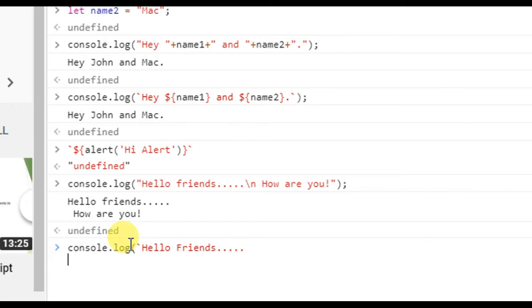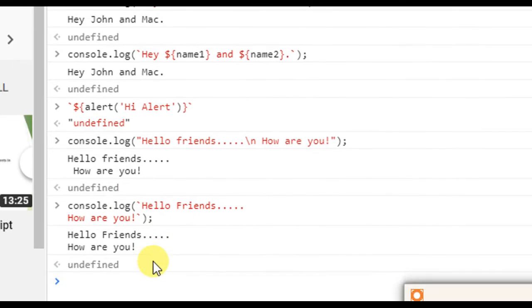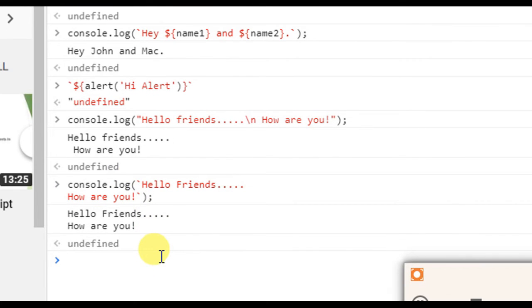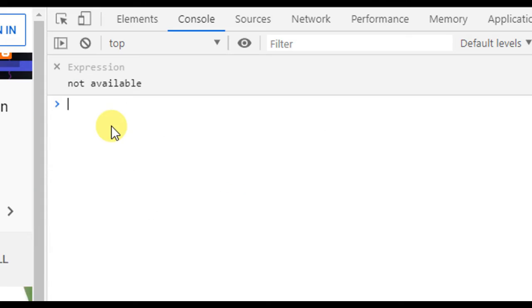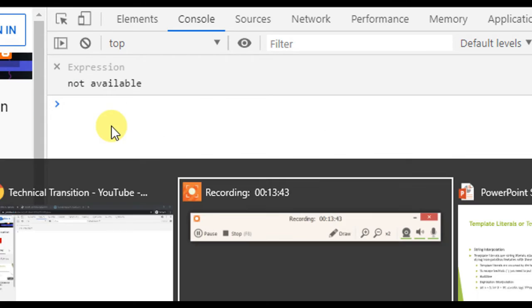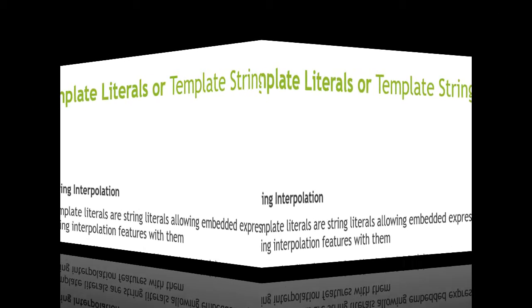So hello friends, how are you, and I am closing the backtick again. Now hit enter. See, you got the same answer in multi-line, and we can use it for multi-line output.